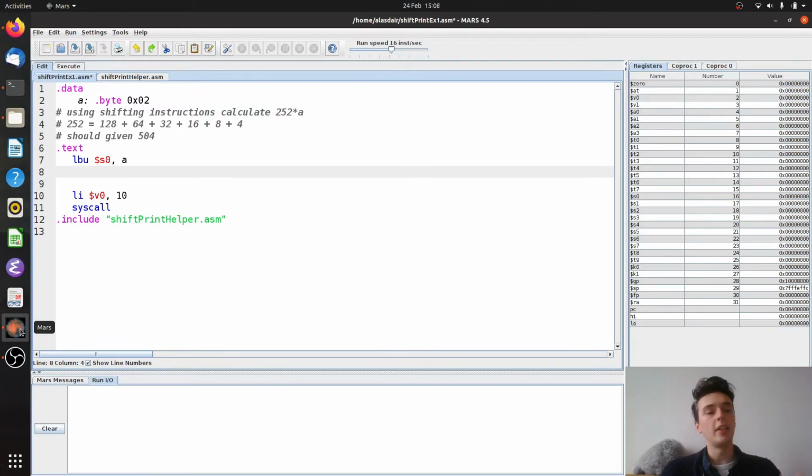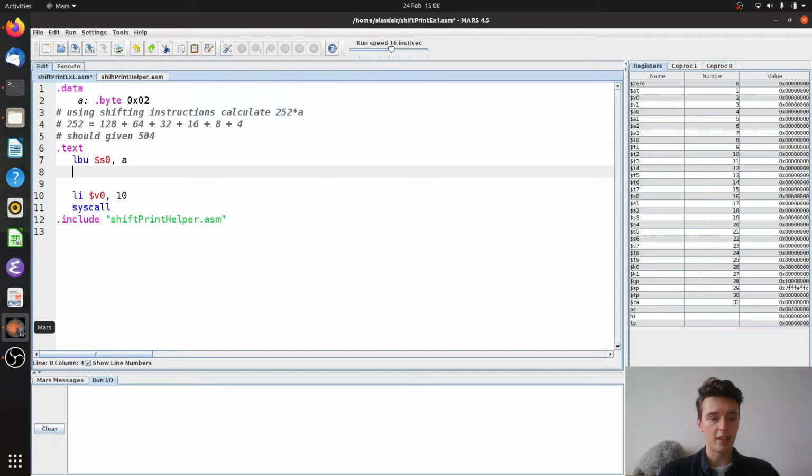So we've got a byte in A, and that's going to be the value of 2. That's a very small value, and I picked a small value so that we could see the result of the multiplication, because it's easier to understand when you can see the result. So we're going to times 252 by the value in A, so that should give us a value of 504. Now, 252 is made up of 128 plus 64 plus 32 plus 16 plus 8 plus 4. So there are a lot of powers of 2 going on there, so we're going to have some very repetitive code,